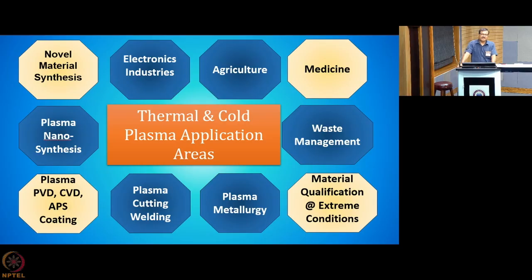Now, the area of plasma metallurgy basically uses plasma in a very extensive way. The melting industry, steel melting, where we are using thick graphite rods and making a transfer arc between the metal and the electrode. That way it is transferring more than 90% of the electrical energy into the metal which is going to be melted. So that way it is a very effective way of melting metals in arc furnaces. So this is one of the applications.